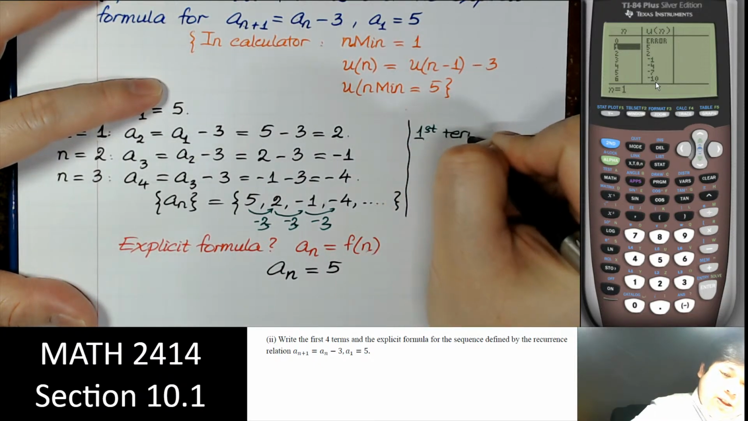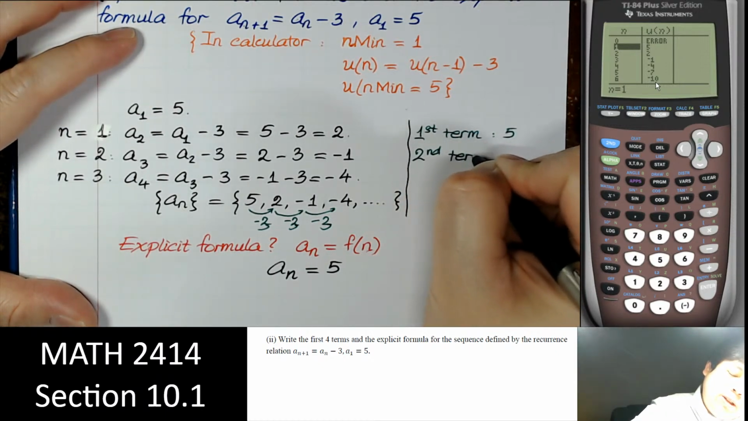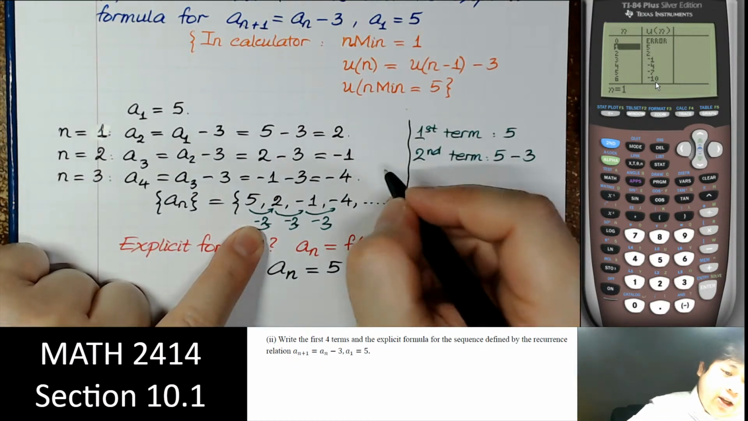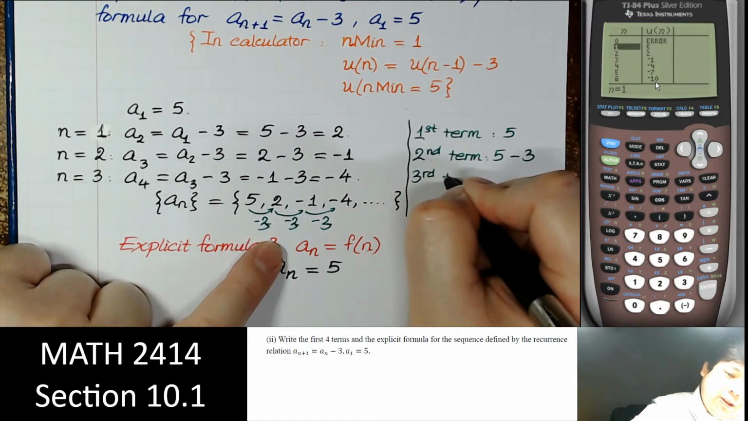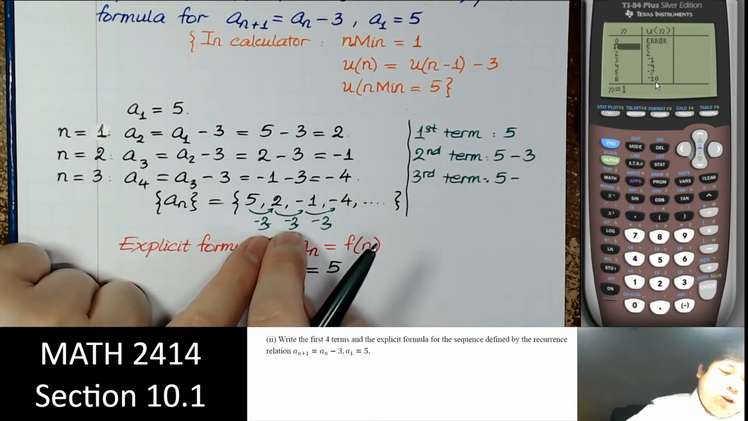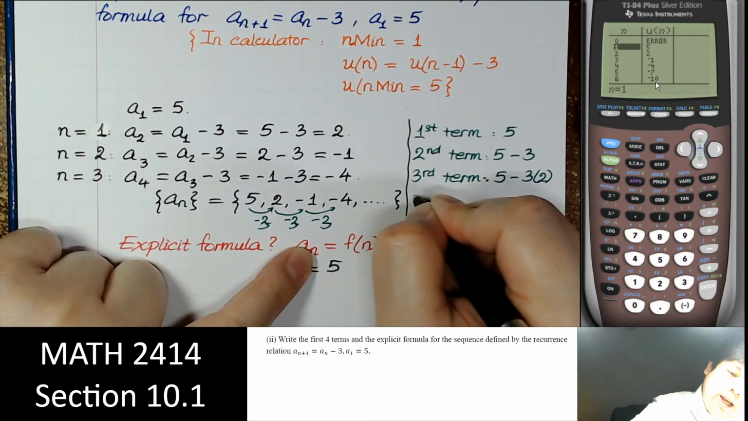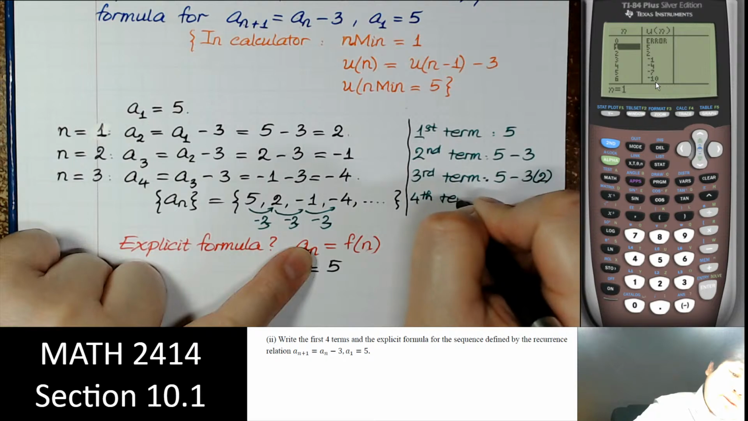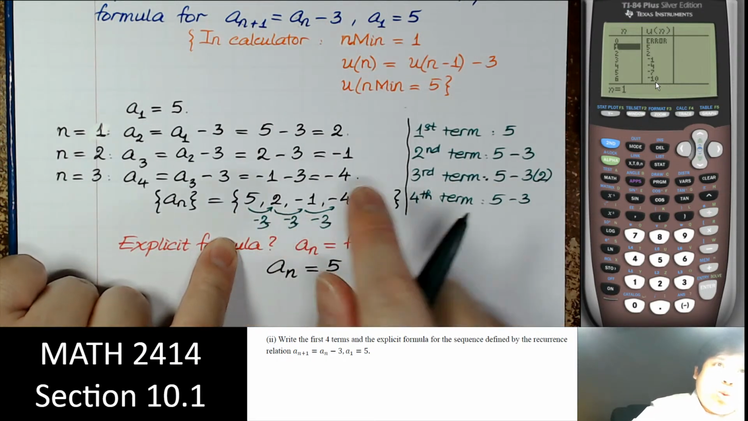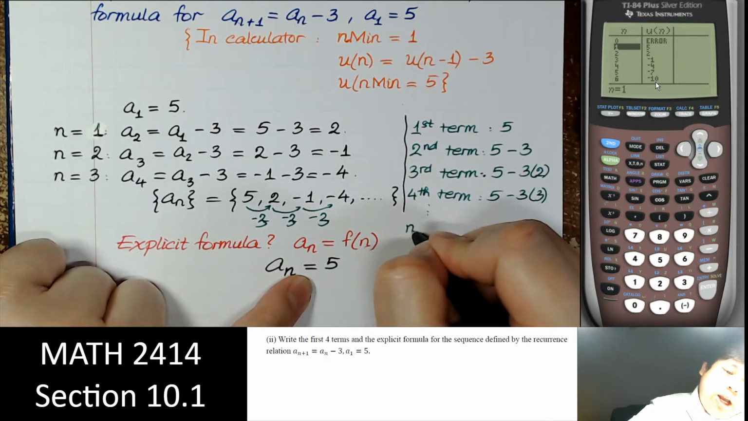First term is 5. The second term, 5 minus 3. The third term, to get to it, we're going to subtract 3 two times. And to get to the fourth term, subtract 3 three times. So if this pattern continues, when we get to the nth term,